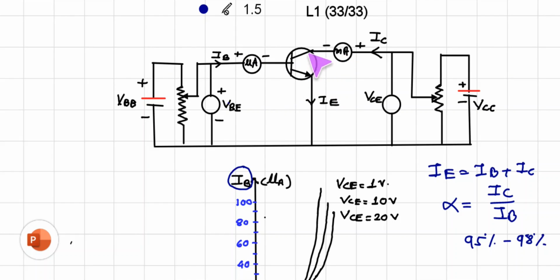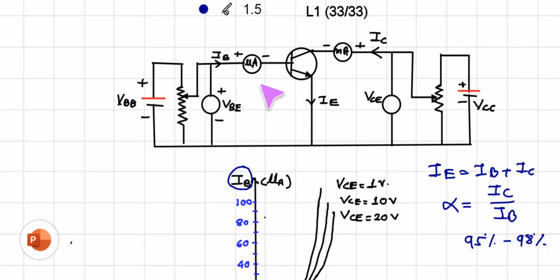So this is NPN, so the collector N is connected to positive of the battery and emitter is connected to negative of the battery. Similarly, now you can see the first thing we are going to do is change the input voltage, that is the voltage across base and emitter, and we are observing the change in IB. So we know that this is a diode, connected in forward mode, so the characteristics would be as if it is a diode, forward characteristics.